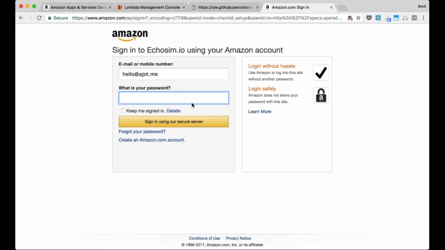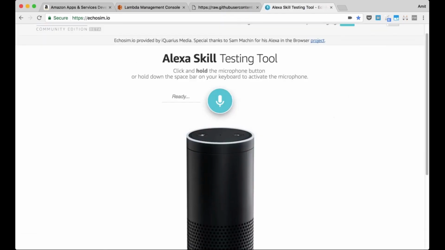Okay. And it's thinking. Here we go. All right. So you can press this button here, push and hold this microphone button or the space button on a keyboard, and it'll replicate the echo behavior.